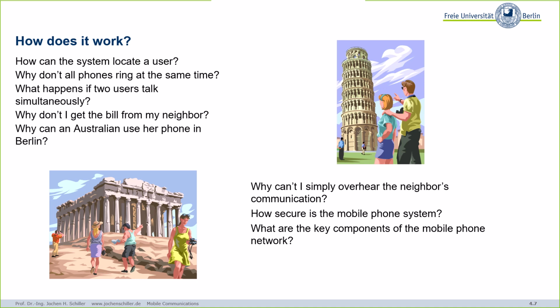So why don't you get the bill from the neighbor? Well, because you will learn there are so-called mobile service switching centers, and they, in the GSM system, actually control all your calls. They count the minutes. You can count bytes in the routers in the systems, and then all this data is collected, put together, and this creates your bill, because the system is able to separate data streams from you compared to other data streams. So now you don't have to be able to answer the questions, just keep them in mind. That was the basic idea.